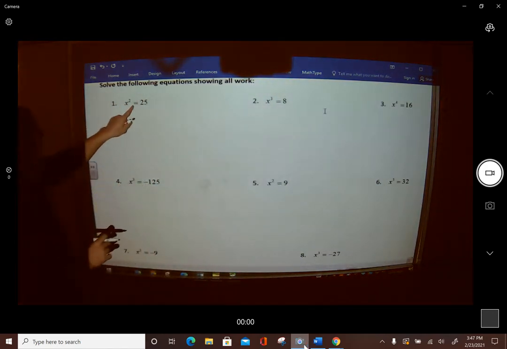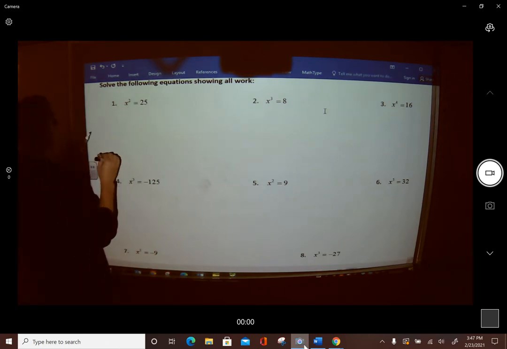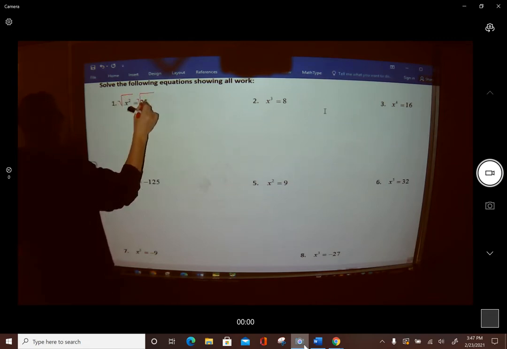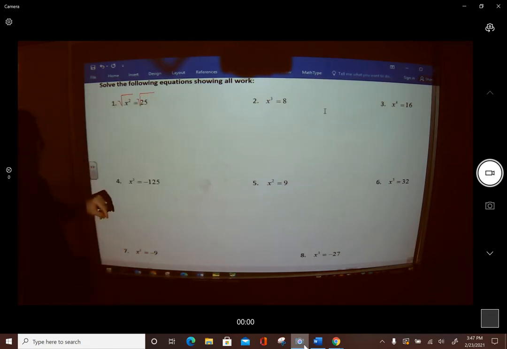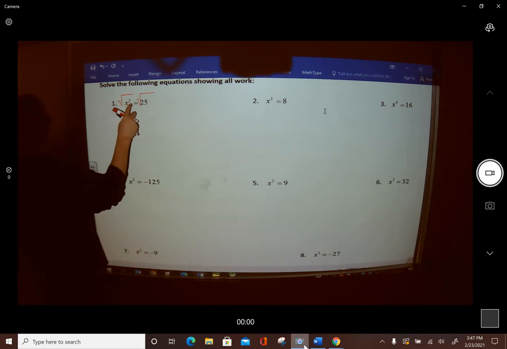So the first one is x squared equals 25. So x is being taken to the second. The only way I know how to undo that is a second root or a square root. Notice again, I don't write the 2's when I'm taking a square root, only for higher powers. Square root and square cancel, so I'm left with x equals, when I plug this in my calculator, I get